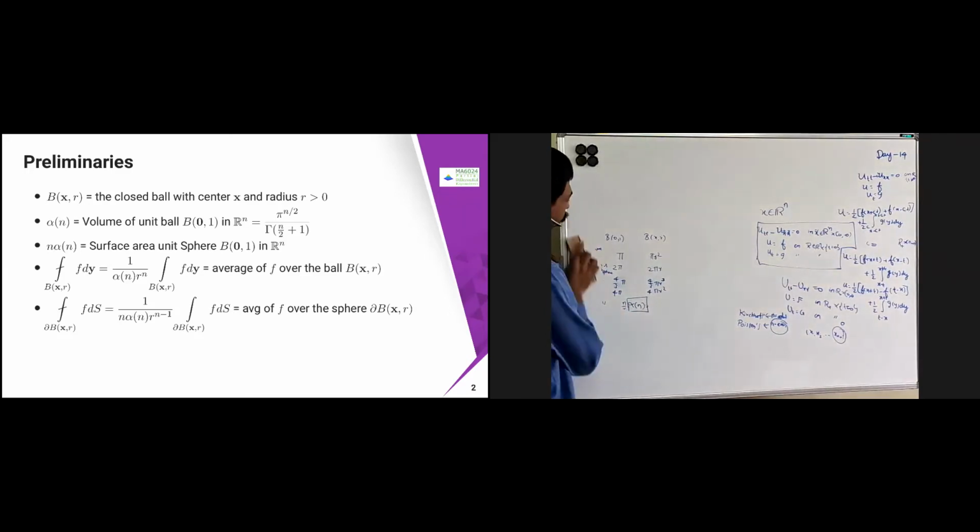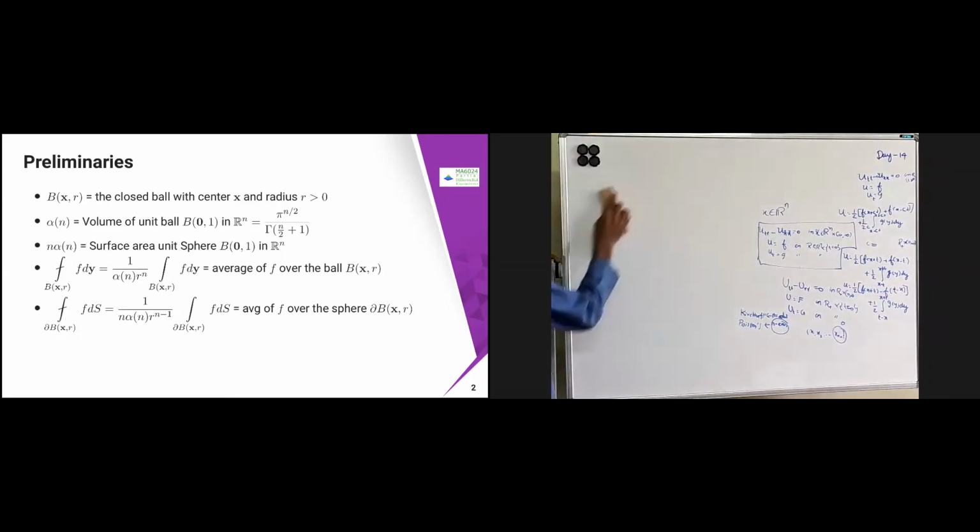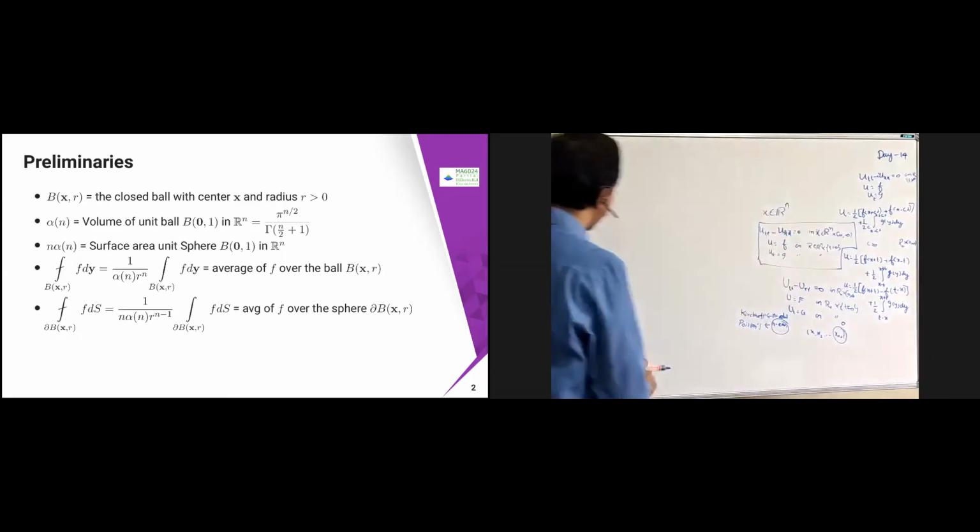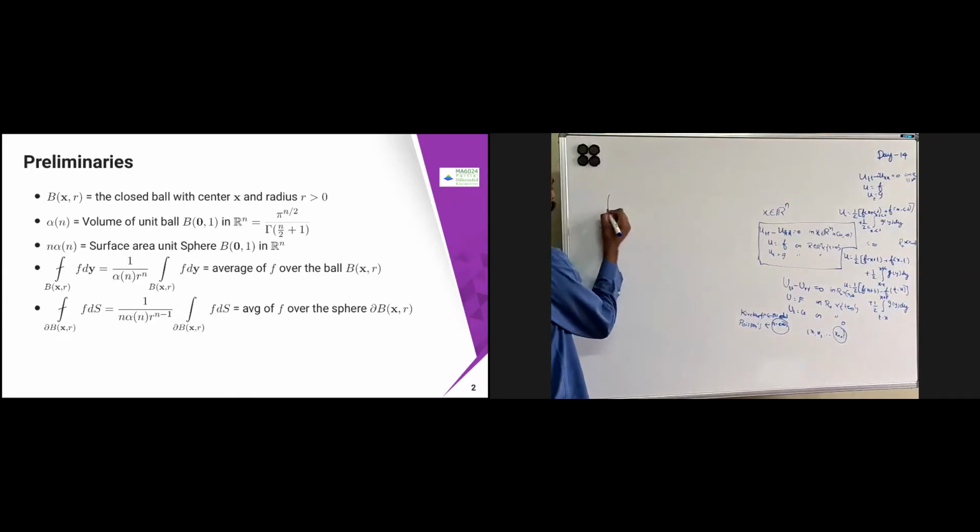So now what we are going to do is find the integral, or something called the average integral. I don't know whether you have already come across this in the complex analysis course, where we write something like the closed integral. Now we are going to do something different. We are going to go for something called the average integral. If I put a dash over the integral, that means it is an average integral.